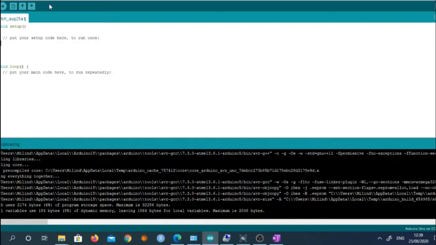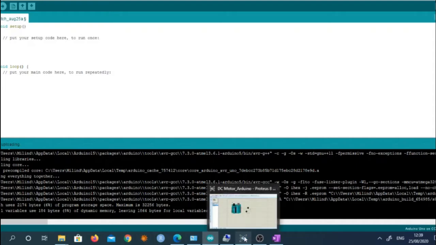This software is freely available on the net. We can download it, and we can install it. We can make use of this IDE to write the program for Arduino boards. Okay, this is my programming environment, and in Proteus